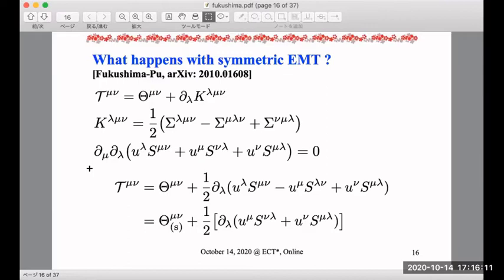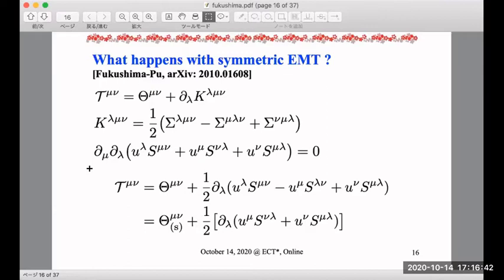So that will give us some constraint equations, but that equation is equivalent to the total angular momentum conservation equations in the canonical form. That is what we found. Okay. So maybe can I say it this way? This is a constraint equation which guarantees that your equation of motion for the energy momentum tensor is not changed.